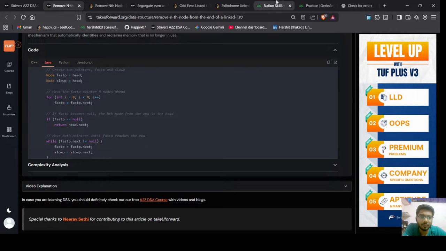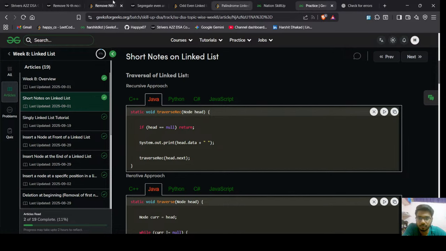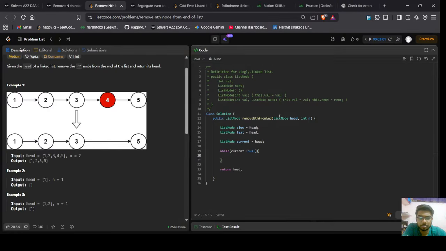Okay, we have to do it only once. Yeah, I got it. We have to implement the for loop for i equal to 0, i less than n, i plus plus. We have to update first with first dot next, right? And we will check